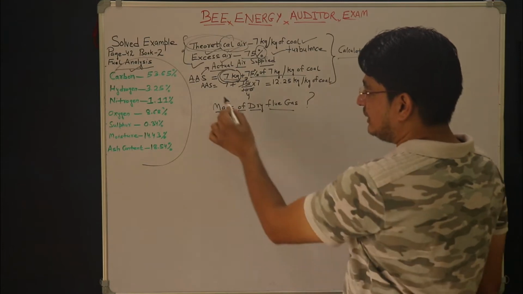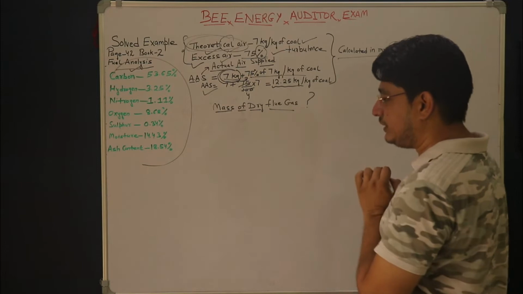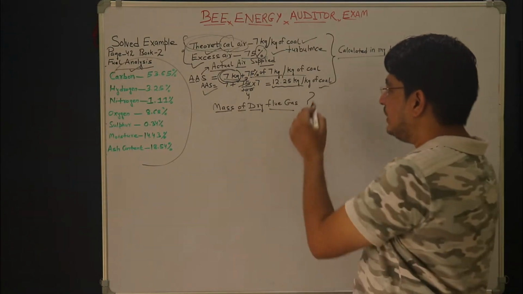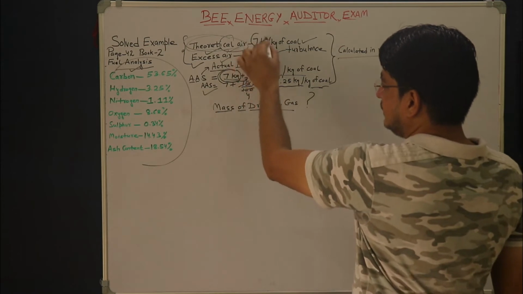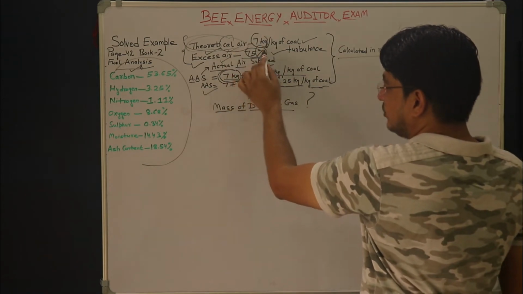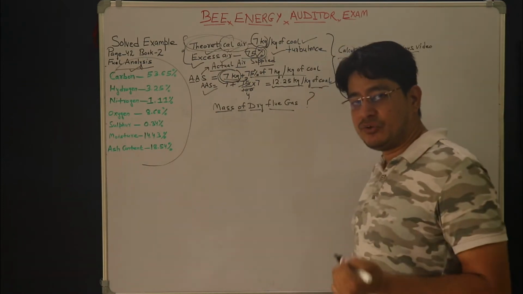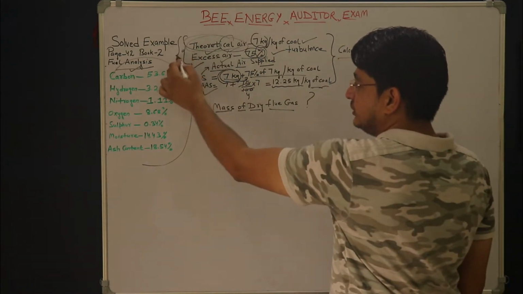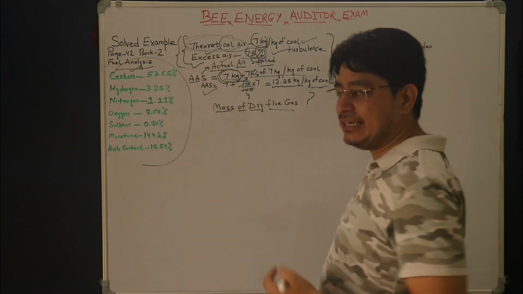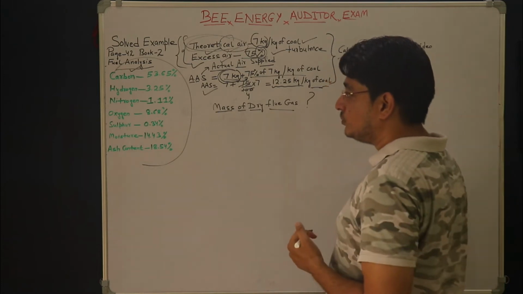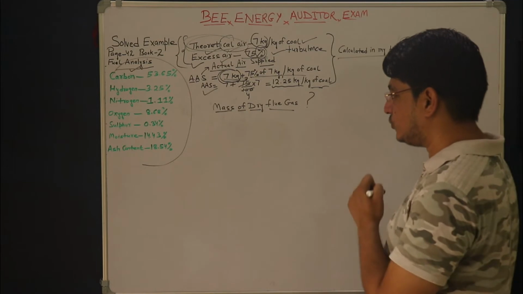So accordingly, you can calculate the actual air supplied to be 12.25 kg, and this will be for per kg of coal, as I have assumed the data, that is 7 kg and 75% accordingly for 1 kg of fuel. So friends, if you want to have a greater look at these two topics, you can revisit my video on theoretical air calculation. Now we come to our main topic of today, that is mass of dry flue gas.